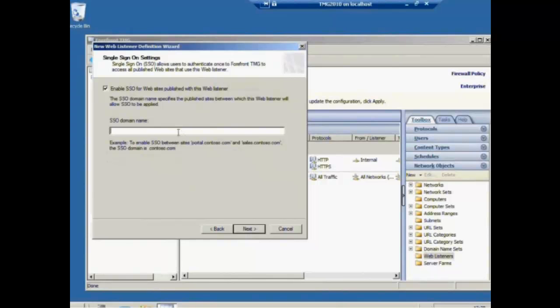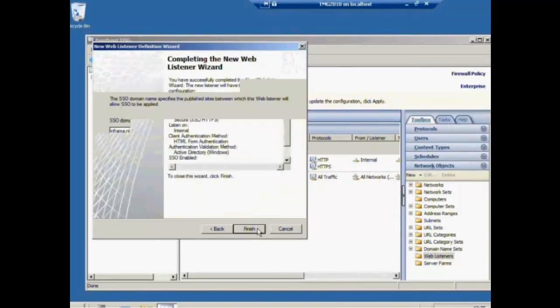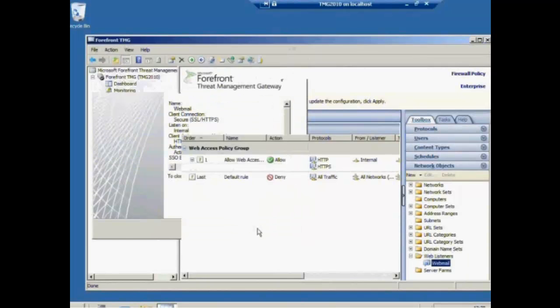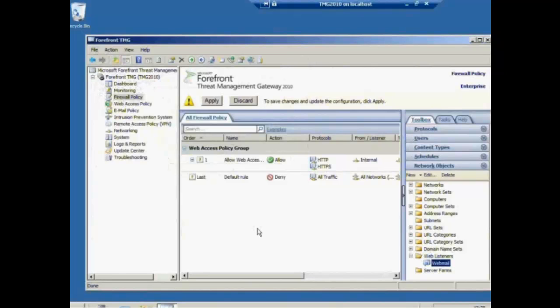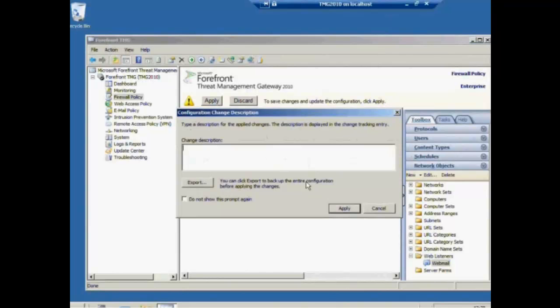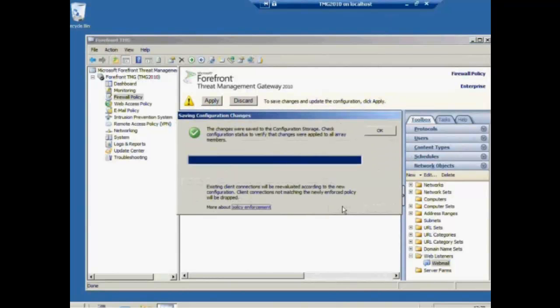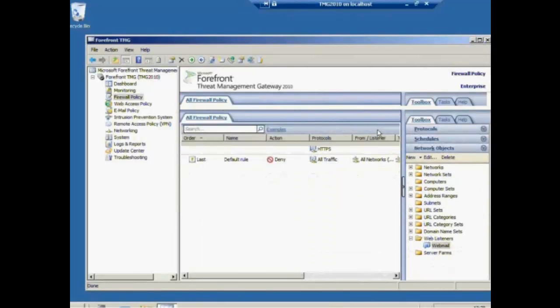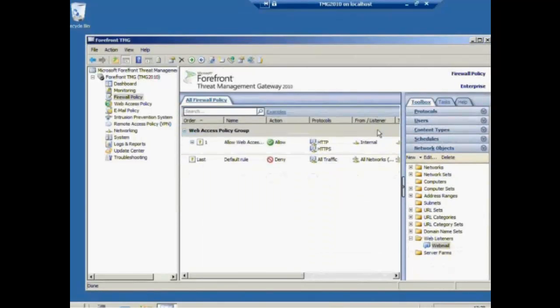If needed, we can select single sign-on. We enter the domain and we click Finish. Now we have created a web listener, and we select Apply to make the changes active. This is the part that listens on port 443, and we have configured our certificate.